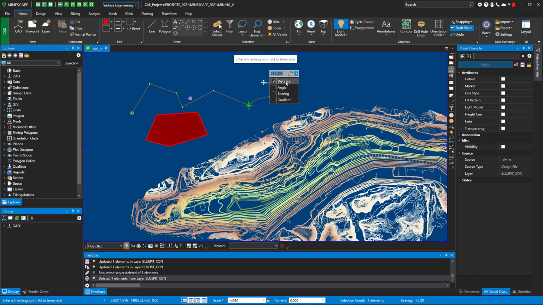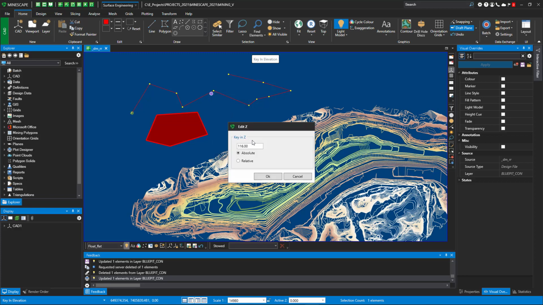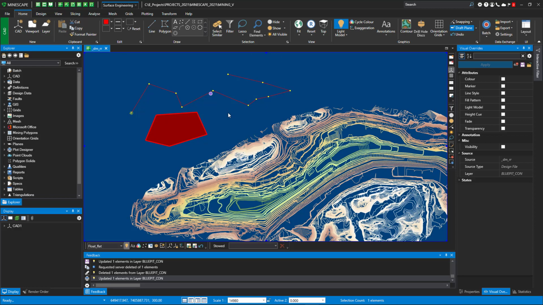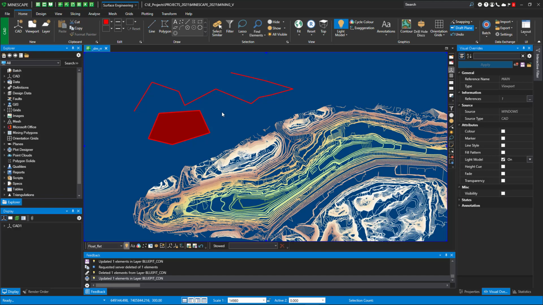I can pull down, I can enter a distance, an angle, a bearing, and gradient. So if I type in a distance of, say, 500, and then lock it, it locks that distance to 500. The other thing is you also have the drop arrow on the entire element. So now I can grade that element. I can change the Z values either by absolute or relative. So we've given you a lot of functionality with RapidCAD to make it easier and quicker to do your design